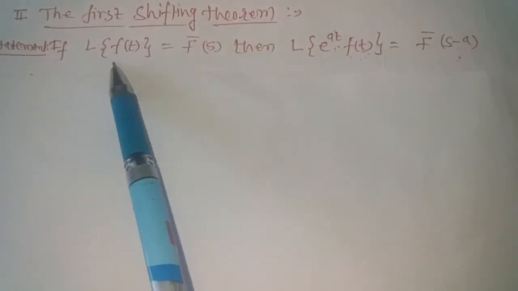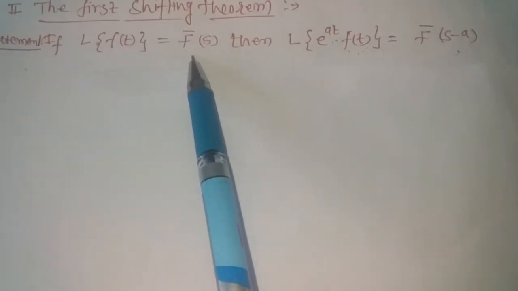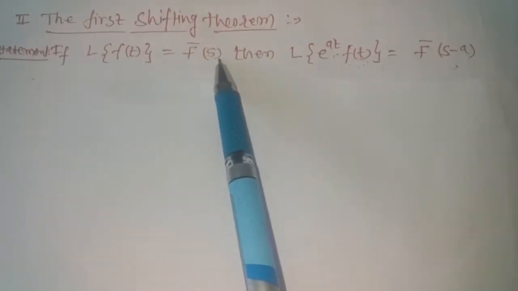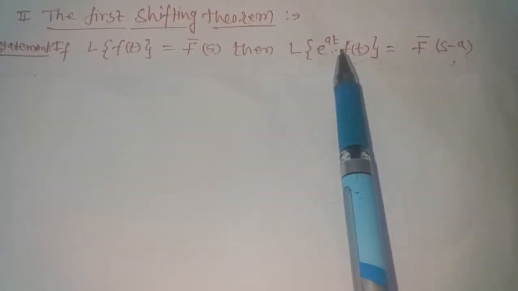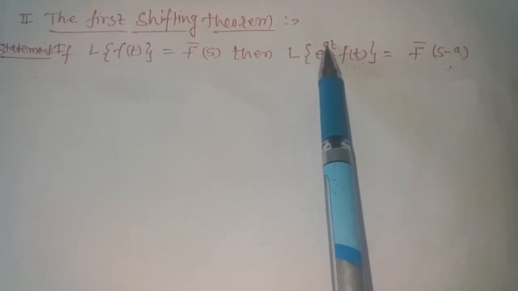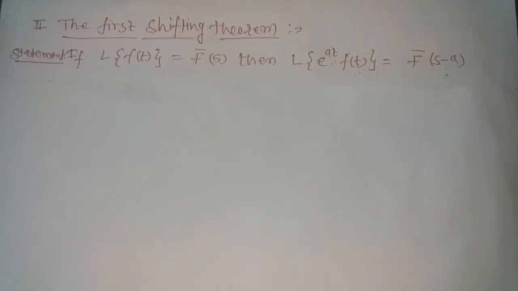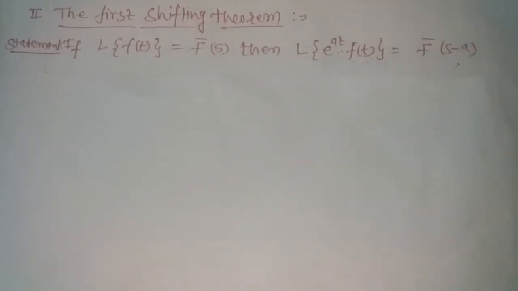That is, in the Laplace transform of f(t), we have to replace s by s minus a to get the Laplace transform of f(t) multiplied by e raised to at. So this is the first shifting theorem. Now the proof of this theorem is,